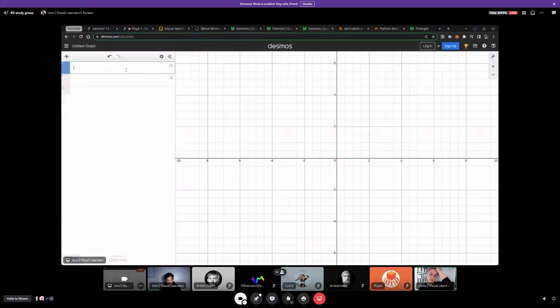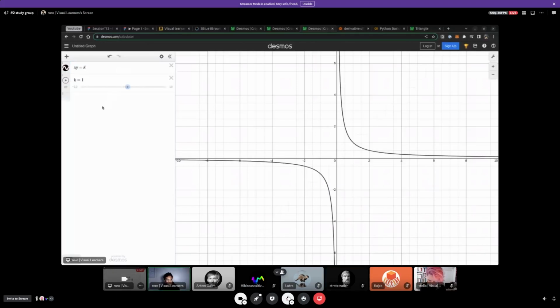I guess you can do it there. I think that would be much better. Yeah, that's a good idea. I think you should just do it in Desmos if you can. I think it'd be easier. Yeah, I've not used Desmos that much. Okay, so y is equal to k by x. What I want to do is, I know that the slope of the curve, like dy by dx, is equal to minus k by x square.